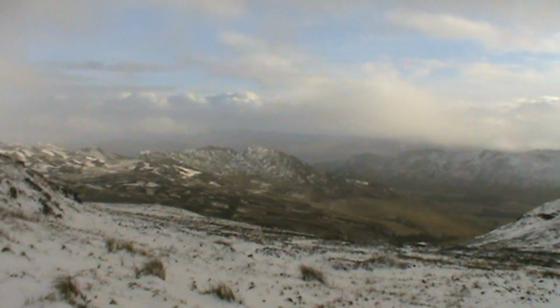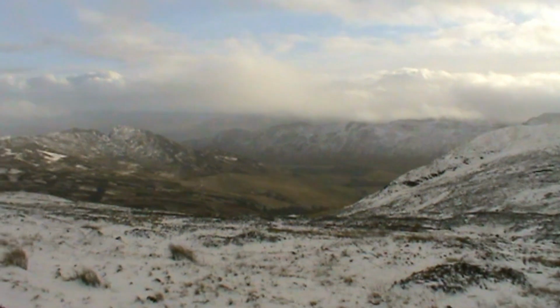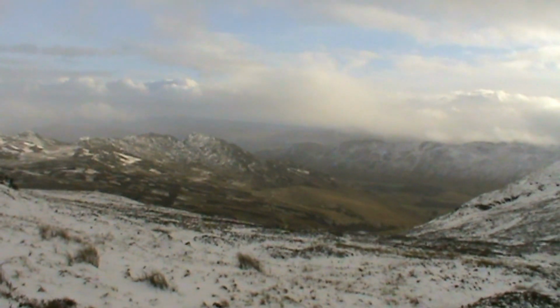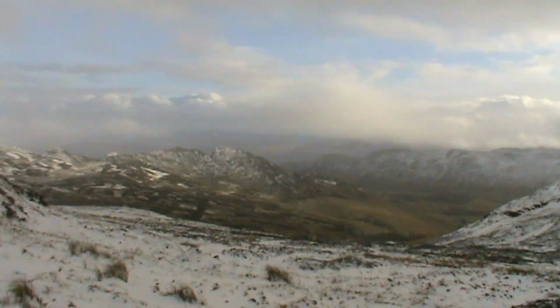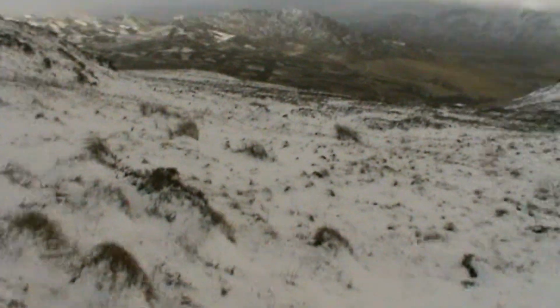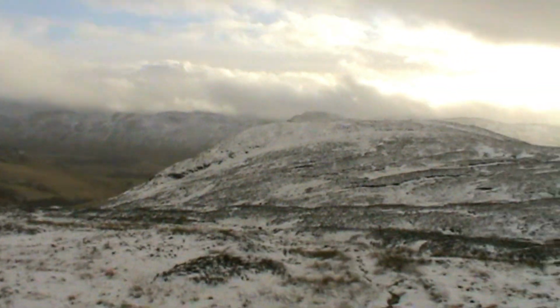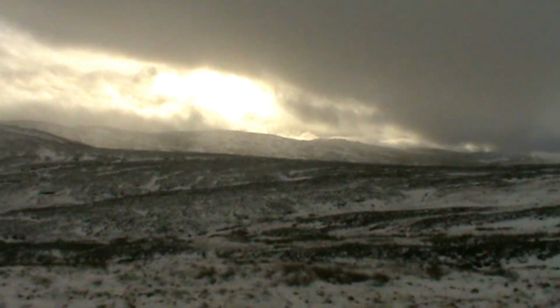Well, that looks about the last shower of the day. I think it's going to get a frost tonight. It's not even frosty. Well, I've met a couple of patches that are frozen, but generally the snow's quite soft, and it's all opened